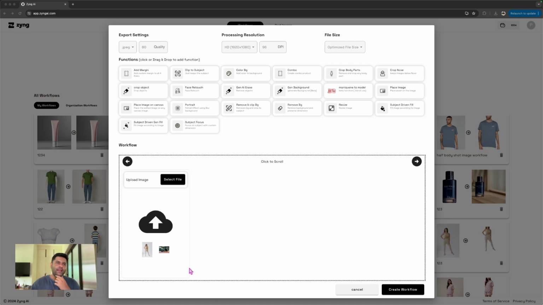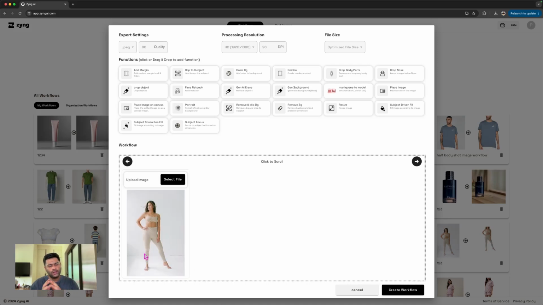Greetings, guys. In this video, I'm going to talk a little bit about a function which is related to subject driven fill. A lot of times, we need to change the aspect ratio, the dimension of the image, to be able to fill it, to adapt it to a certain website or a certain platform, and that is where we need to